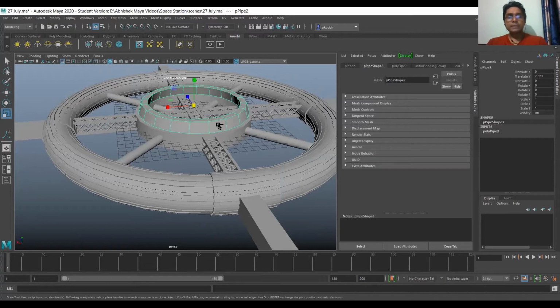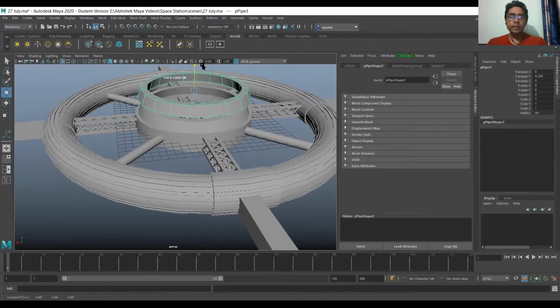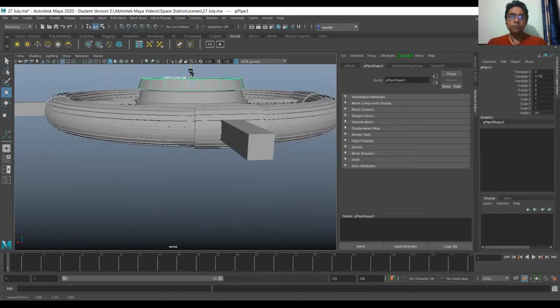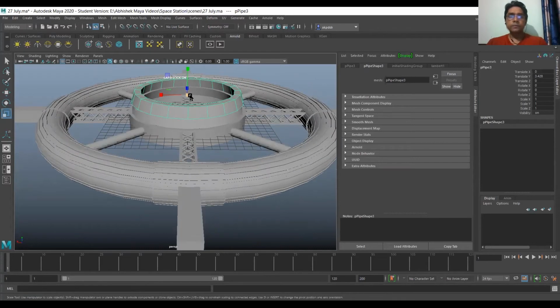Now duplicate this pipe, Control D, press W on your keyboard for move tool and move it up, and place it exactly on top of this. Press R, and this time slightly reduce it from the center.